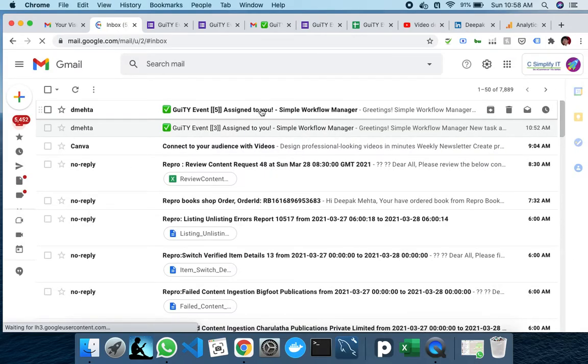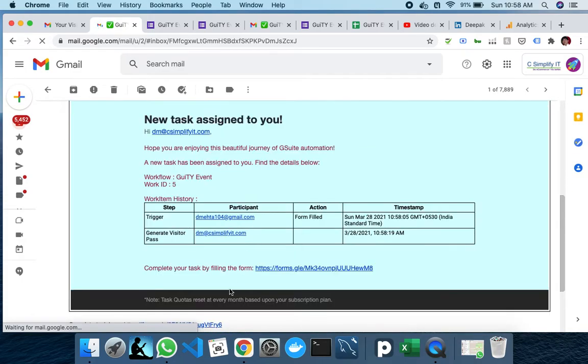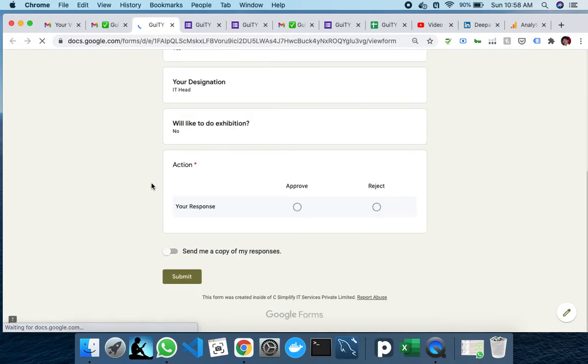You can see the Mehta invitation has come for the review. You can see it here, and then you can either approve or reject. I will also approve this one, and another visitor pass invitation will go to D Mehta 104 now after this.